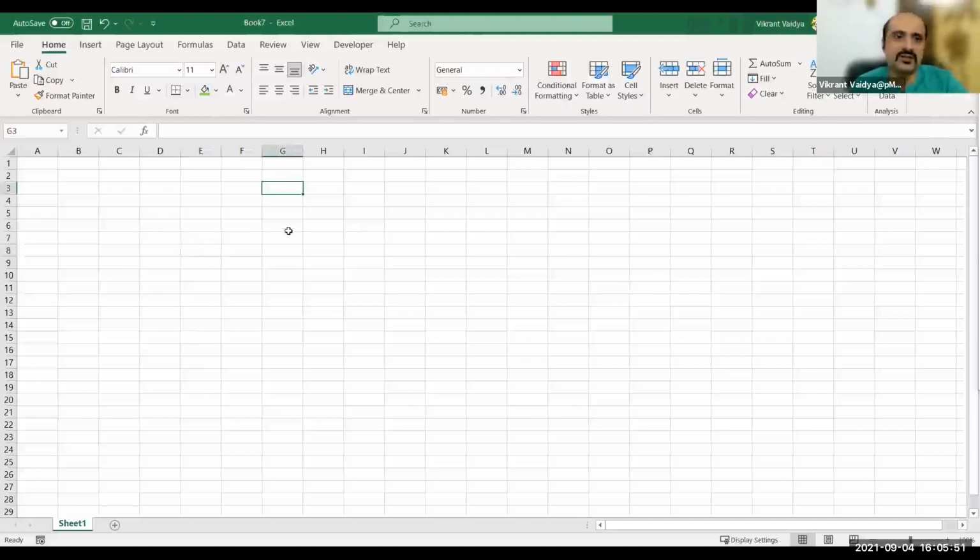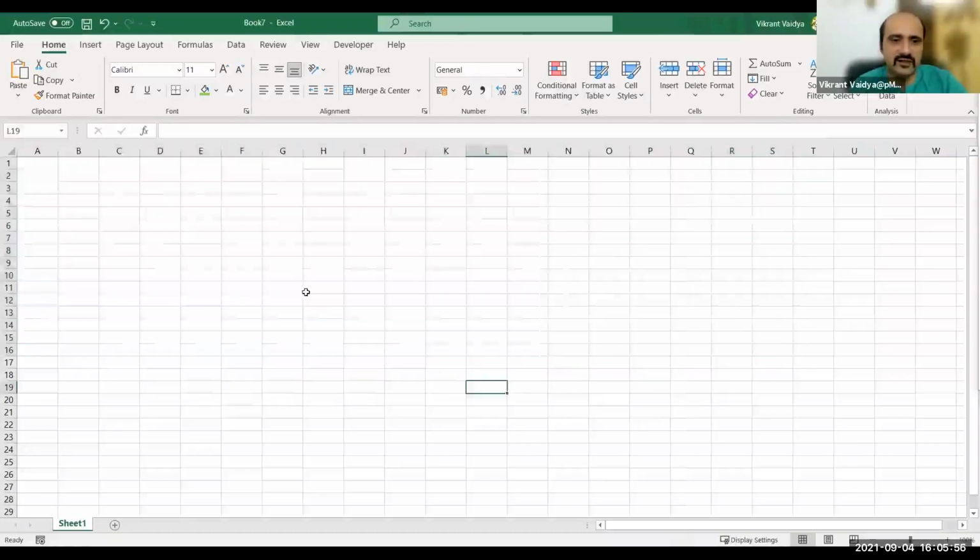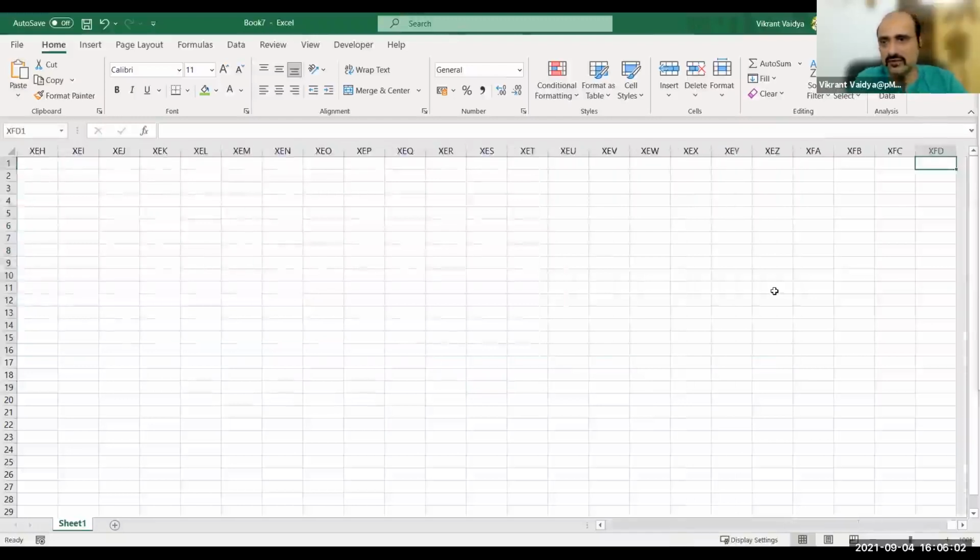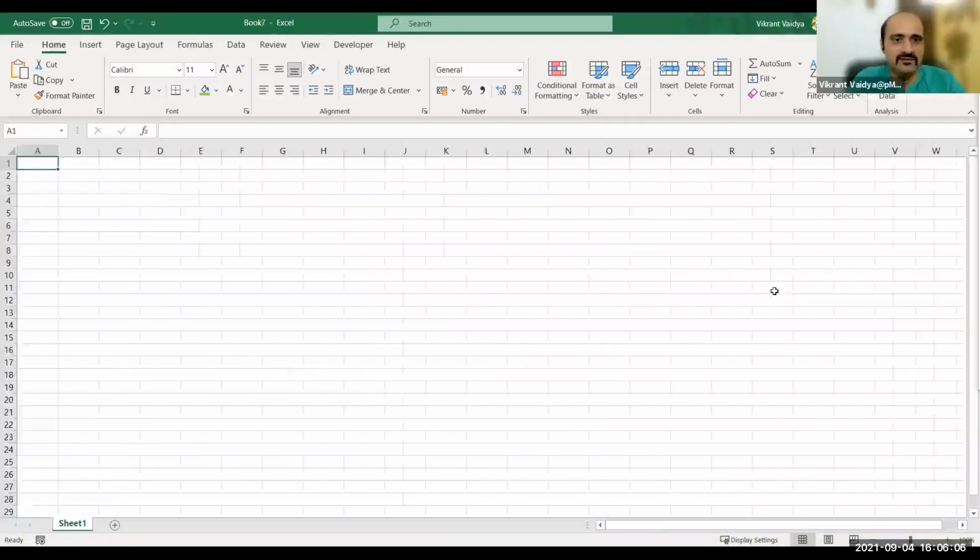It is a very simple interface. Basically, it's a spreadsheet calculator, as we call it, where you have each of these cells, and you have many of those depending upon the RAM of your computer and the version of Office. You have a huge number of rows and cells. I just navigated to each extremity. We usually don't need that.